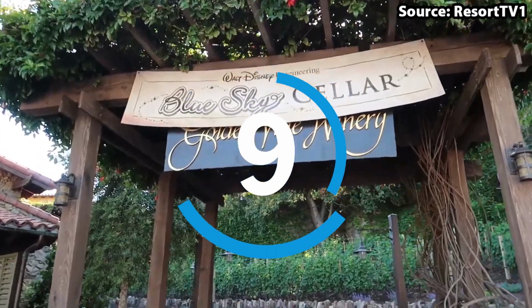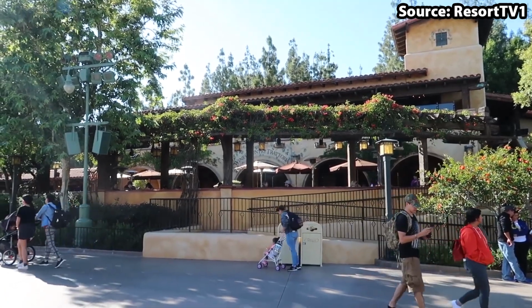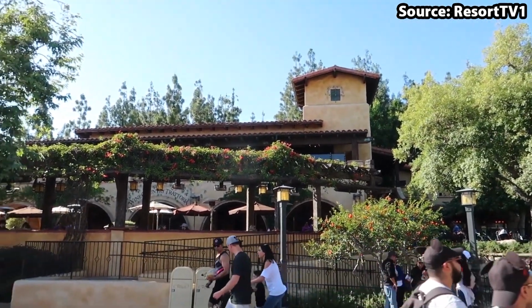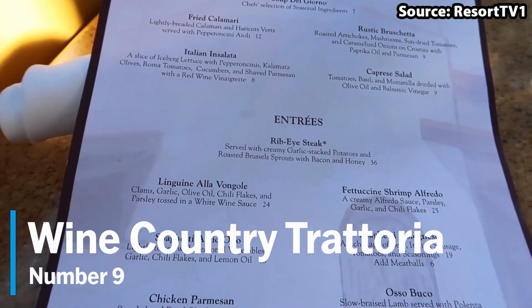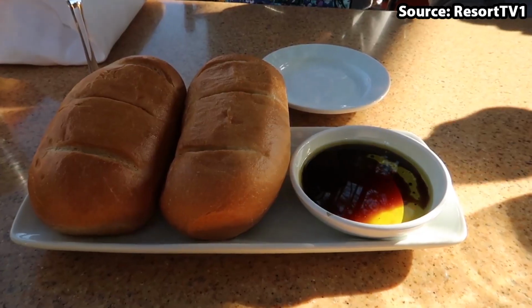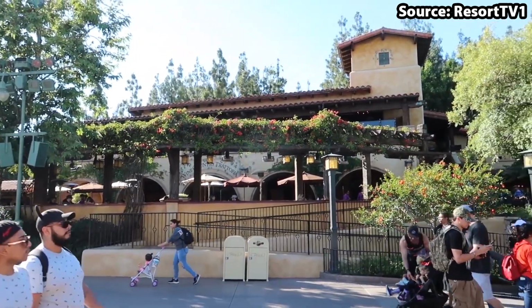If you are looking for something a little bit more substantial on your visit than some frosted treats, then do not fear, as Disney's California Adventure has you covered with our number 9 spot, Wine Country Trattoria. And as you can probably guess by the name, this is one of the top catering options for the older audience at the park. Based around a traditional French wine house, once you have taken your seat either inside or